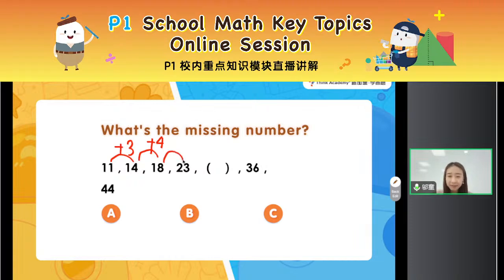What do we plus for the next one? From 18 to 23, what is the difference between them? Here we plus 5. Wow, oh, some kids already got the answer. Yes, and next one, how many teacher only need to plus based on that? Very good job. After 3, then 4, then 5. Next, supposed to be our 6. Okay, then what is 23 plus 6 equal? Our answer here supposed to be,